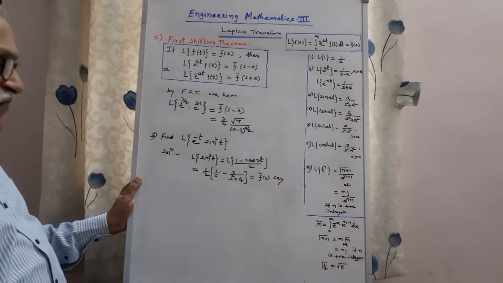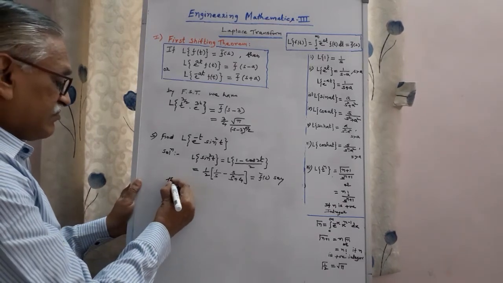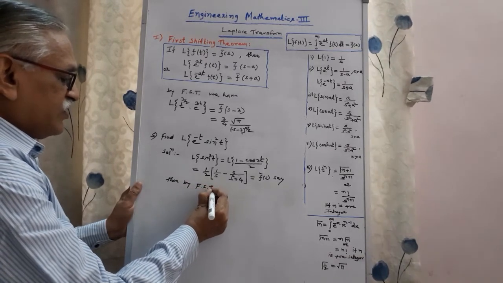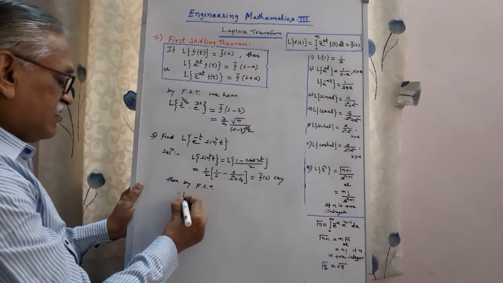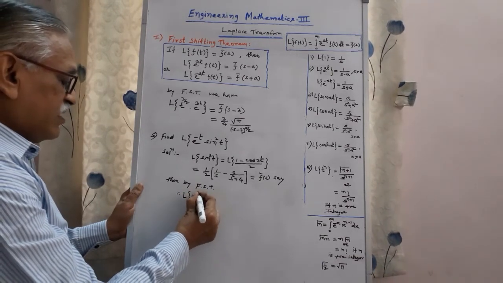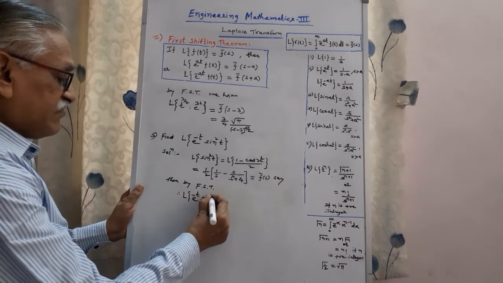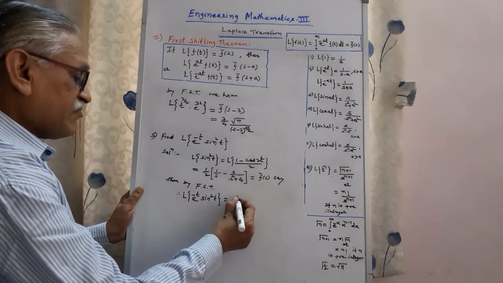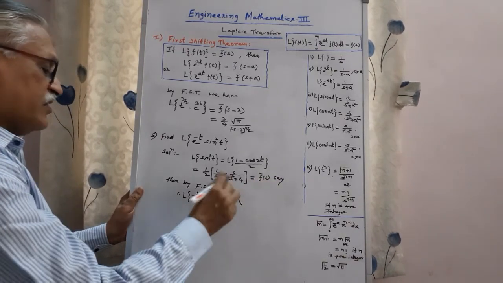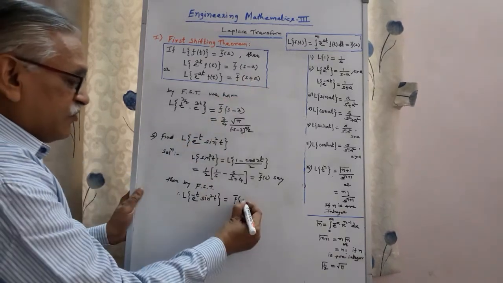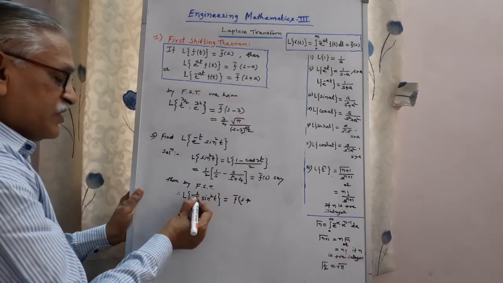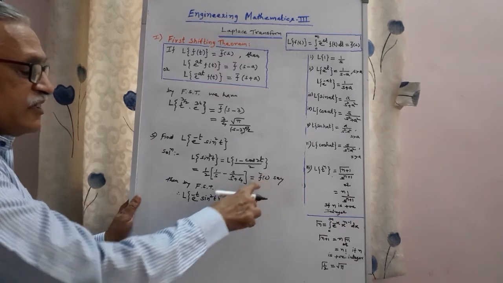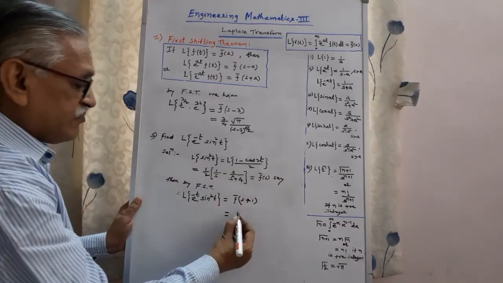Okay. First step. Then by first shifting theorem, using first shifting theorem, we get Laplace of e raised to minus t into sine square t is equal to, replacing s by s minus, here it is minus, therefore replace by s plus a. What is a here? Coefficient of t, 1. Okay, and therefore replacing s by s plus 1 throughout this, from this we get